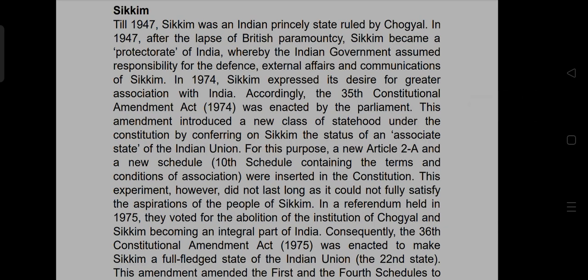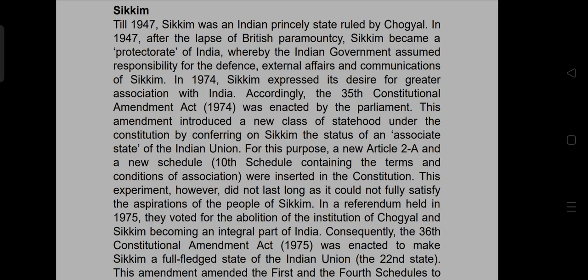Sikkim. Till 1947, Sikkim was the Indian princely state ruled by Chogyal. In 1947, after the lapse of British paramountcy, Sikkim became a protectorate of India, whereby the Indian government assumed the responsibility for the defense, external affairs, and the communications of Sikkim. In 1974, Sikkim expressed its desire for greater association with India. Accordingly, the 35th Constitutional Amendment Act of 1974 was enacted